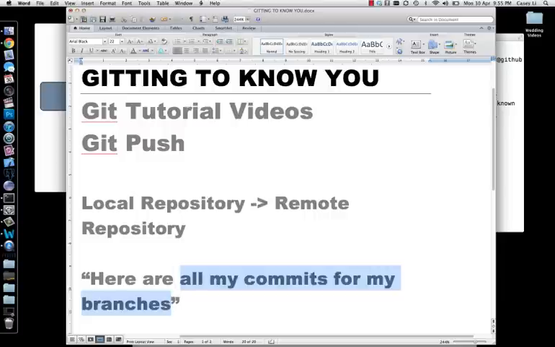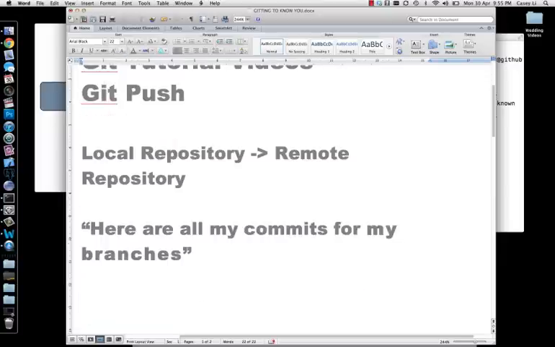Now, my branches. This is where git push doesn't get confusing, but if you don't know what it's doing, then it does get confusing. So what does my branches encompass? What my branches means is push all the commits